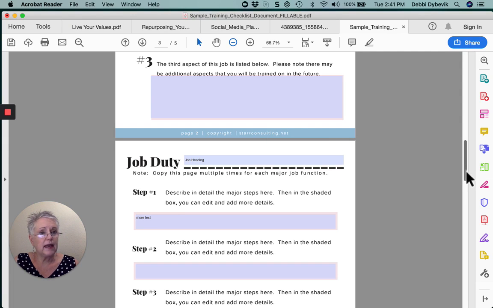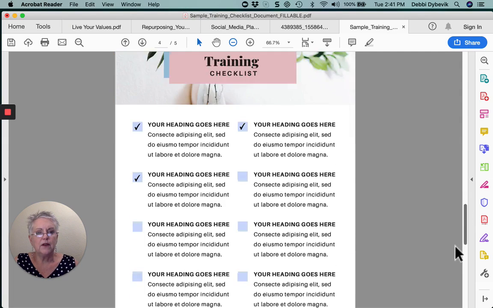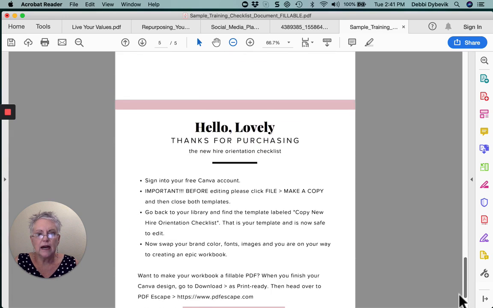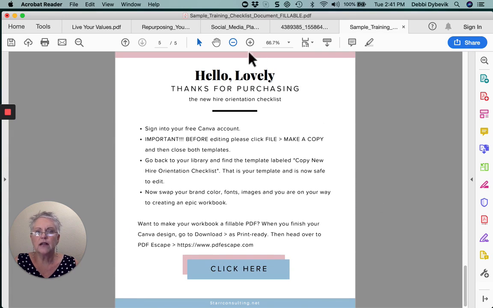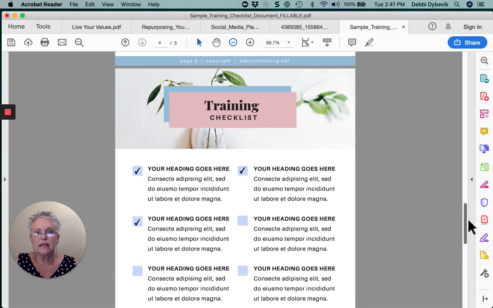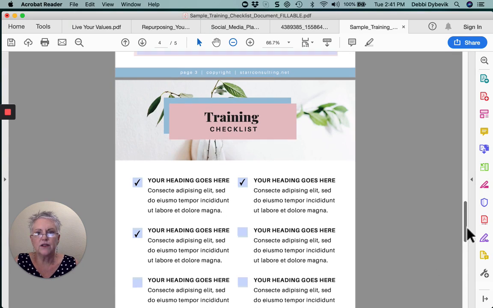So hopefully that helped you. You're free to download this. I did put a little note here. Sometimes people want to actually purchase so that they can modify the text, because here you'd want to modify all of that. If you're interested, I can leave a